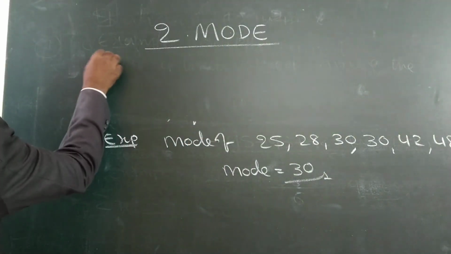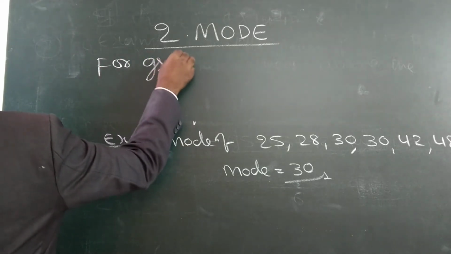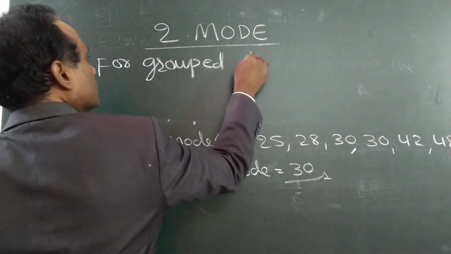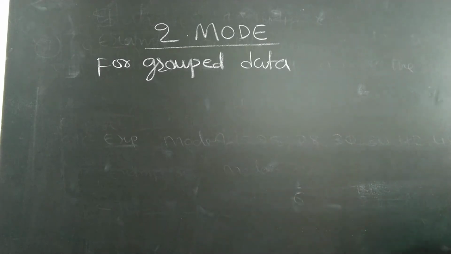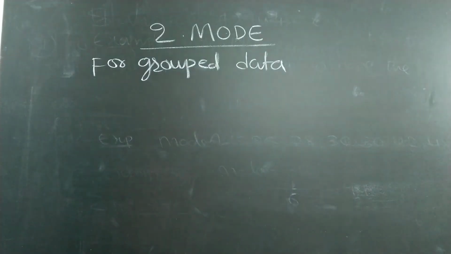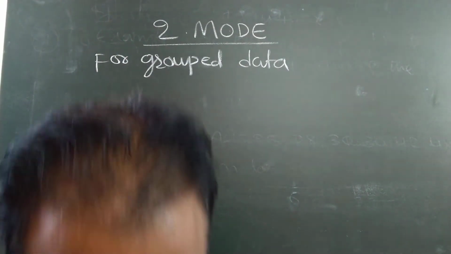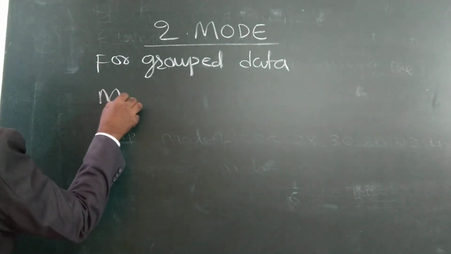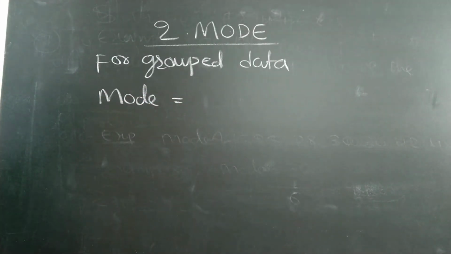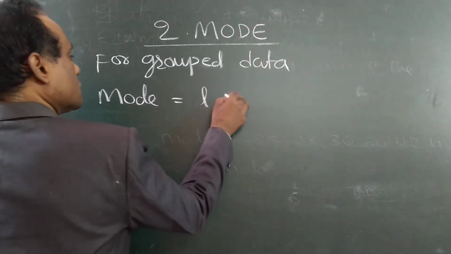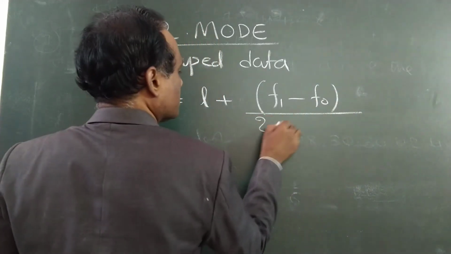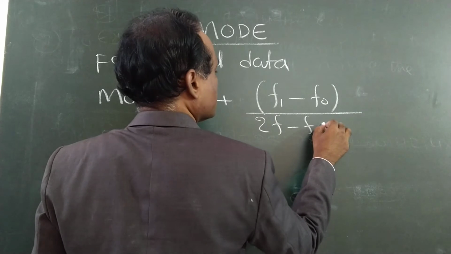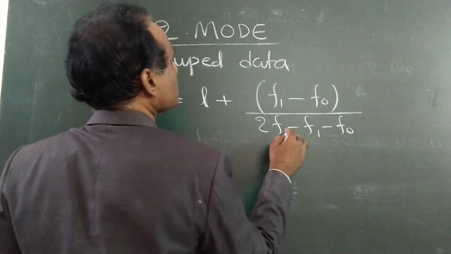Write down. For grouped data, write down. For grouped data, mode is equal to